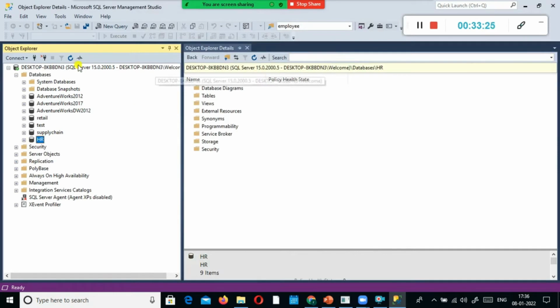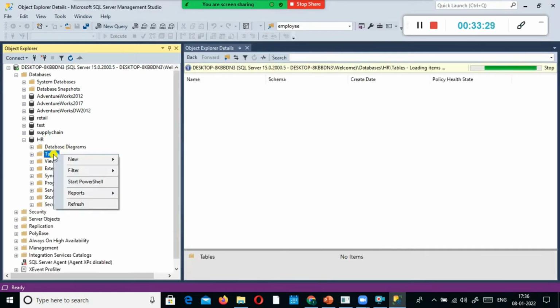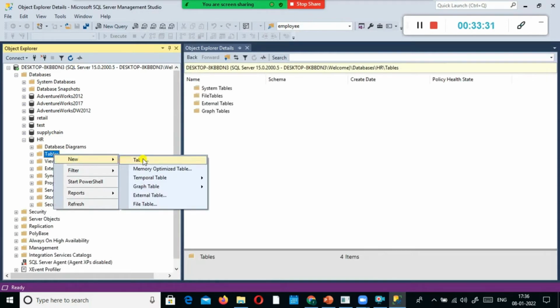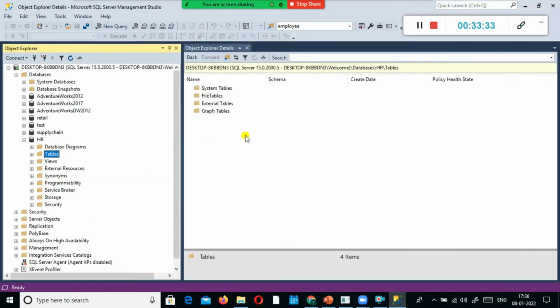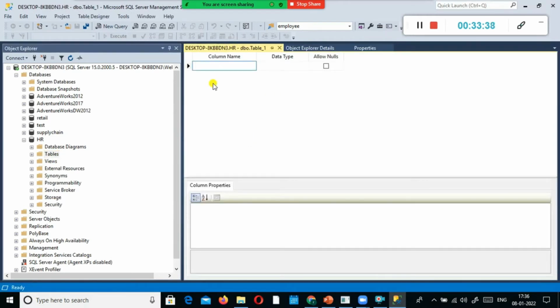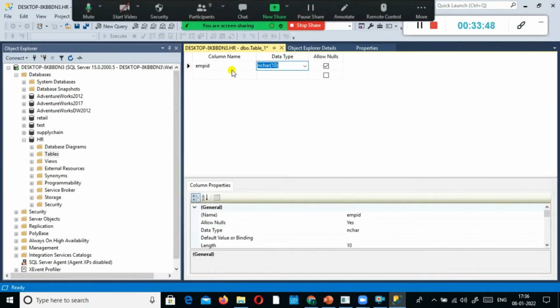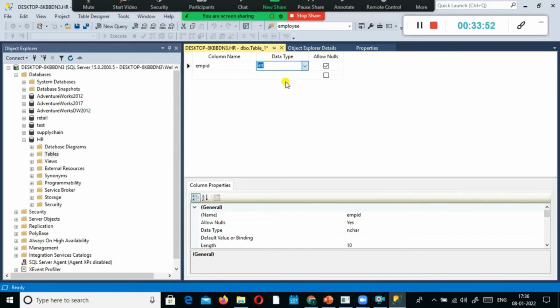Here I just go ahead and create some tables. Right click, new, select table here. Here you can specify the column name. For example, I'm going to create the employee table. For that, the first column name I typed is employee ID, and this is the integer data type.